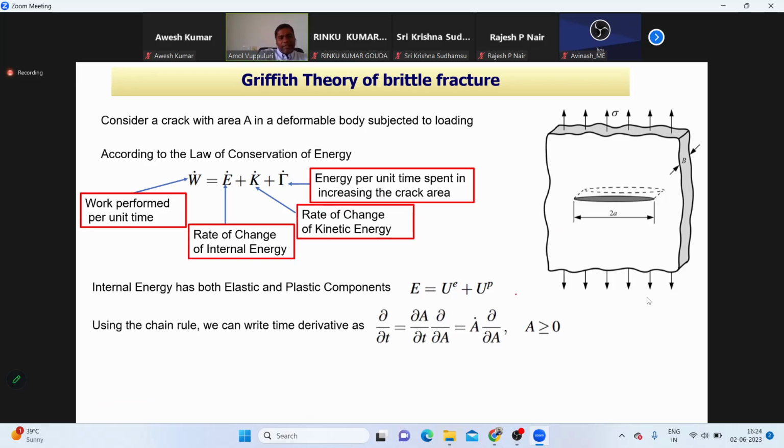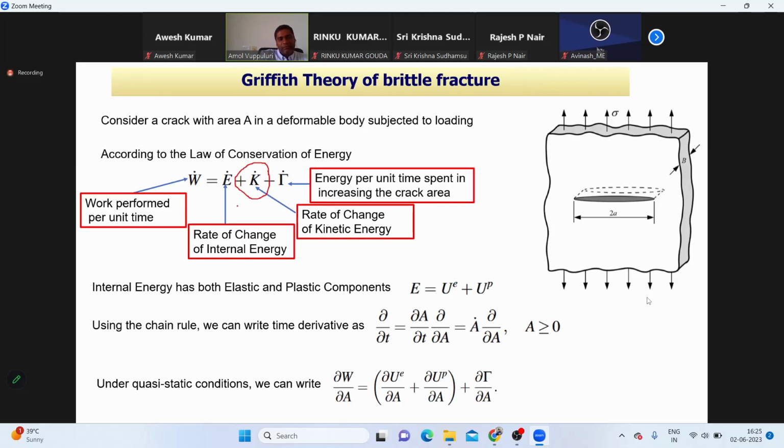And the derivative we have taken in this expression, W dot, E dot is the time derivative. We can replace the time derivative, ∂/∂t, with A dot ∂/∂A using the chain rule. So we'll replace this time derivative in the above equation. By considering the quasi-static condition, we can switch off the kinetic energy term. We can just leave it. So by doing it and incorporating both elastic and plastic contributions of the internal energy, you arrive at dW over